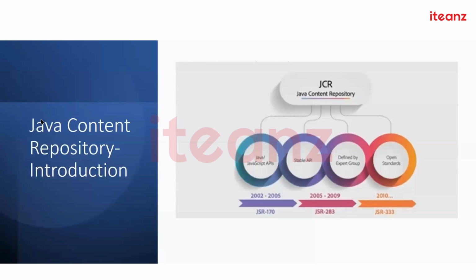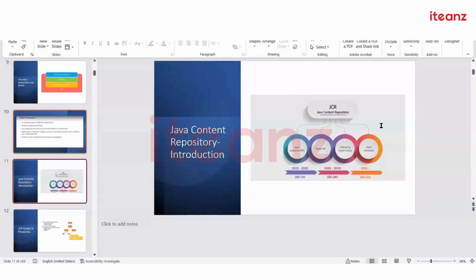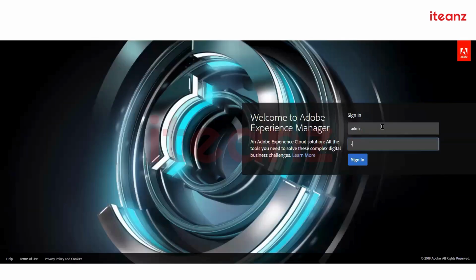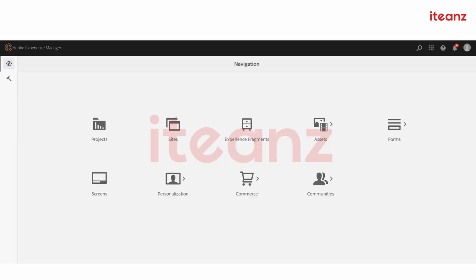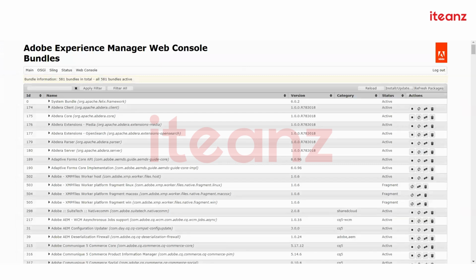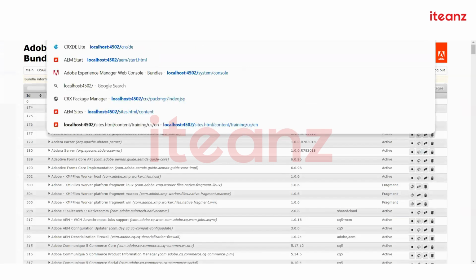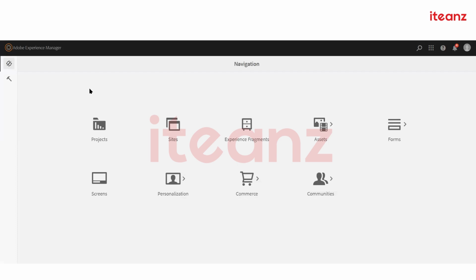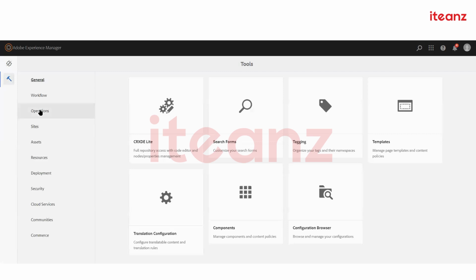Let me show you. This is the first screen that you see. If you go to Tools and the Operations tab,